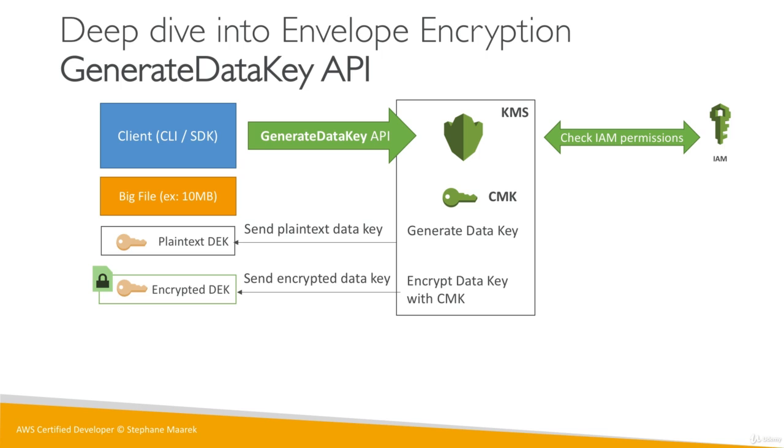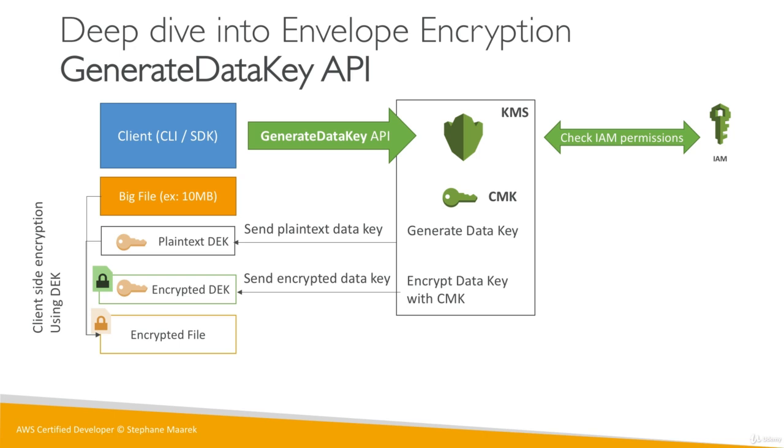So now using the plain text data key, we're able to perform client-side encryption. This is great because all the encryption happens client-side. We were given a data key and we'll use an algorithm to encrypt it. It could be whatever you want for the algorithm. Using that big file and that plain text data key, we encrypt client-side. So it's not KMS who did the hard work, it is our client, which is great. And we have obtained an encrypted file. Please note that that encrypted file was encrypted using the data key.